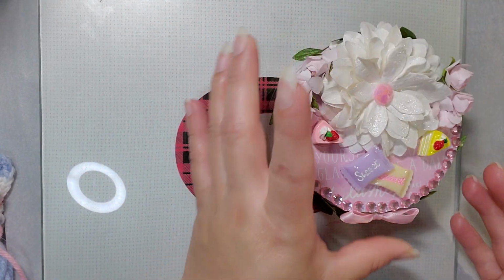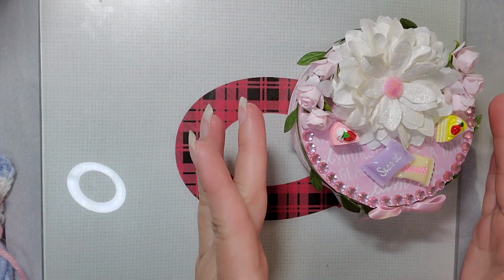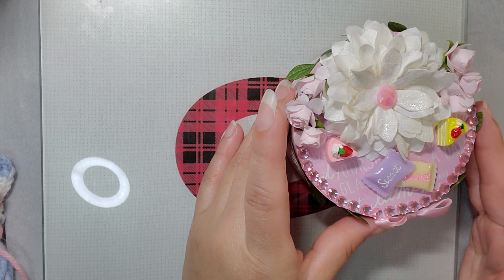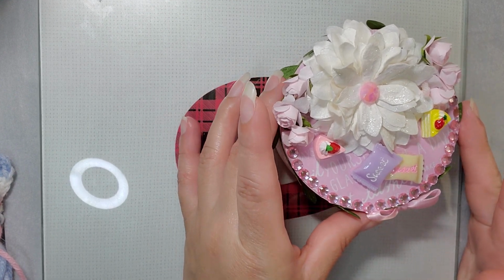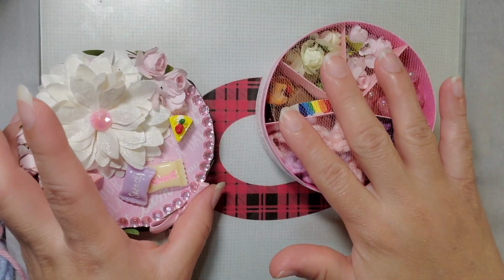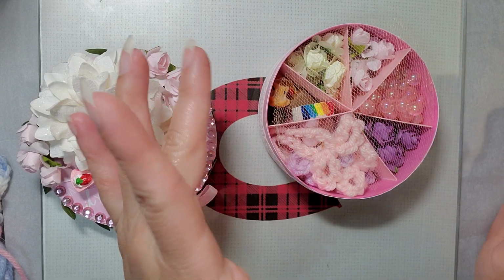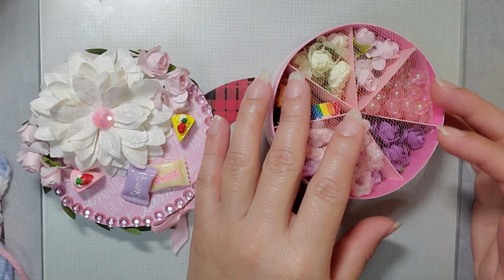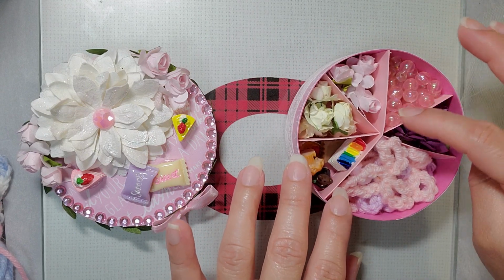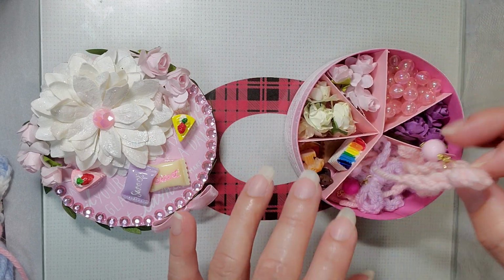Anyways, so this is what I made for her. Okay, as you guys saw in my BB craft project share, this was actually for her. And let me go ahead and show you what's inside. I actually put a piece of tulle right here to make the effect of tissue paper. So I made this into cake slices, and there's beads in here, flowers, and then I made her some of